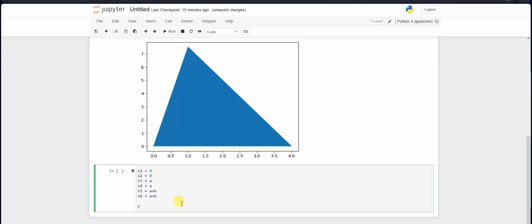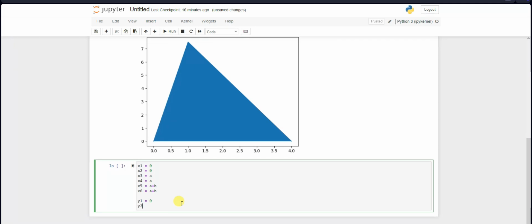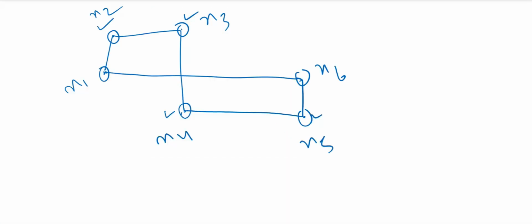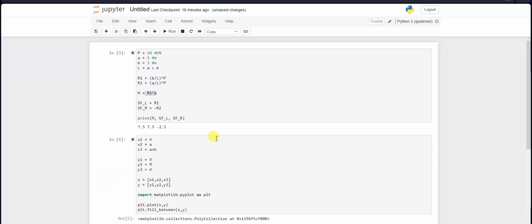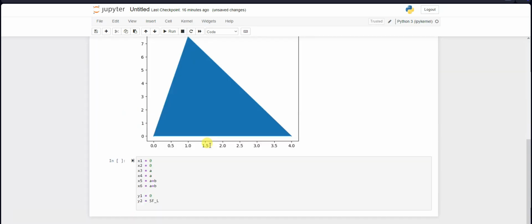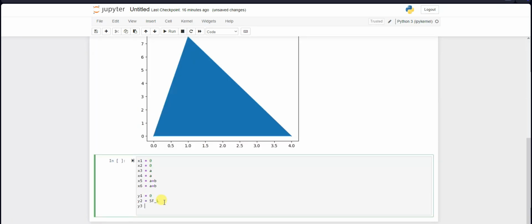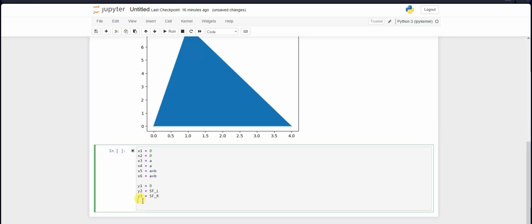So y1 is 0, and y2 is this point. This value will be the same as this value, and this value is what? This is the shear force at left side. So y2 equals the shear force at left side, that we have already calculated here. And y3 equals the shear force at right side, and then y4,